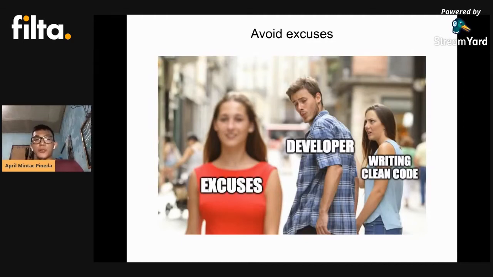And one of the common excuses that I've heard from most developers, and I think all of you are also very familiar with this, is this: I will refactor it later. And we all know that the later doesn't really happen. Like, you'll say, I'm just gonna write this the ugly way as long as it works, and then I'm gonna come back and refactor it later. But then 2 years later, you look at the board and you see one ticket there that says, I should refactor this code. And you'll be like, huh, there's this ticket from 3 years ago. Man, I should have refactored that spaghetti code I wrote 3 years ago.